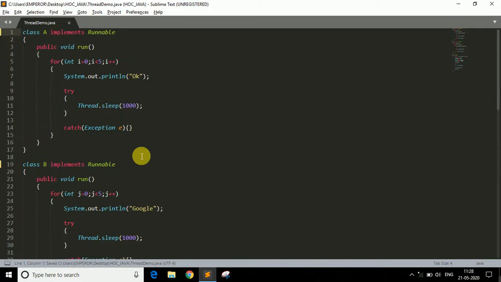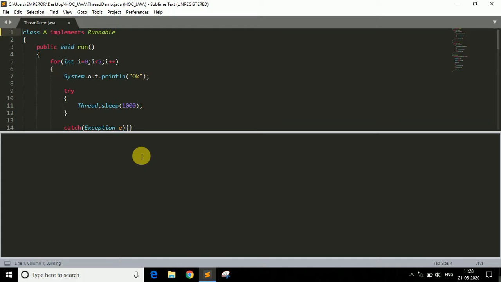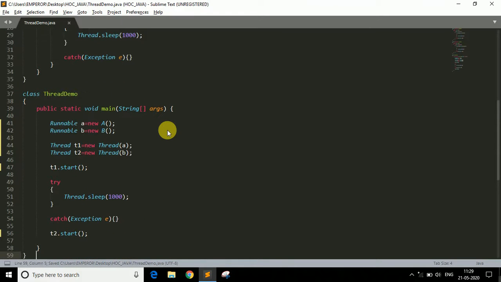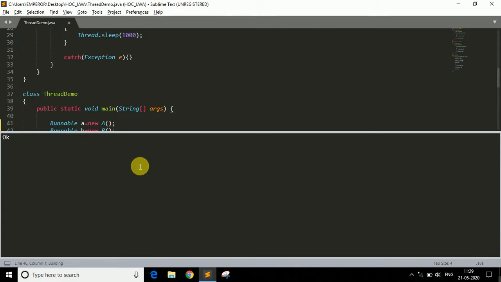And if I run the code now, as you can see we got our output. Okay, we got okay Google, okay Google, okay Google. So if I run the code again, as you can see we got our output. So we got okay Google, Google, like that. We want okay Google. So I think I have not saved the program. So if I run the code again, okay, now our code works perfectly fine. That's because I had not saved the program. Okay, so we got our desired output here.